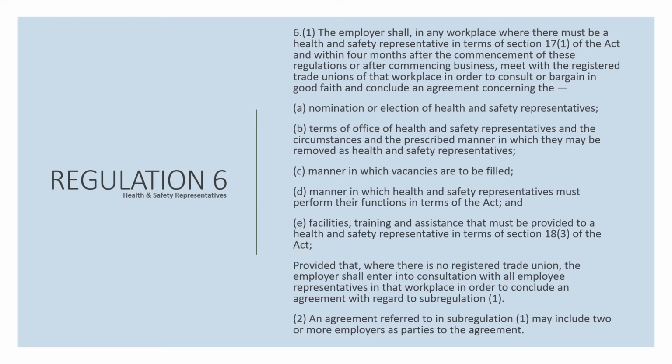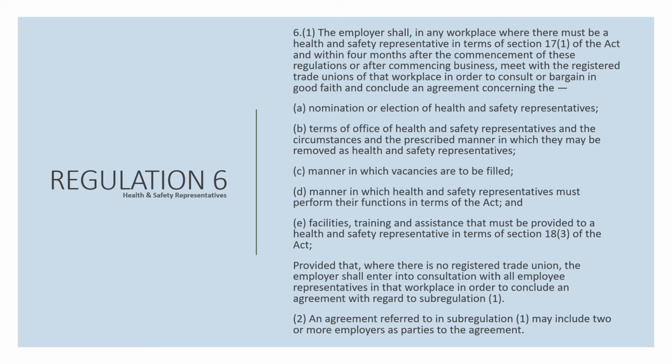The employer shall, in any workplace where there must be a health and safety representative in terms of Section 17.1 of the Act, and within 4 months after the commencement of these regulations, or after commencing business, meet with the registered trade unions of that workplace in order to consult or bargain in good faith and conclude an agreement concerning: A. Nomination or election of health and safety representatives, B. Terms of office of health and safety representatives, and the circumstances and the prescribed manner in which they may be removed as health and safety representatives, C. Manner in which vacancies are to be filled, D. Manner in which health and safety representatives must perform their functions in terms of the Act, and